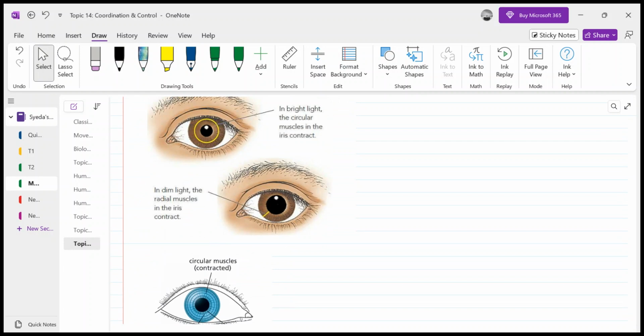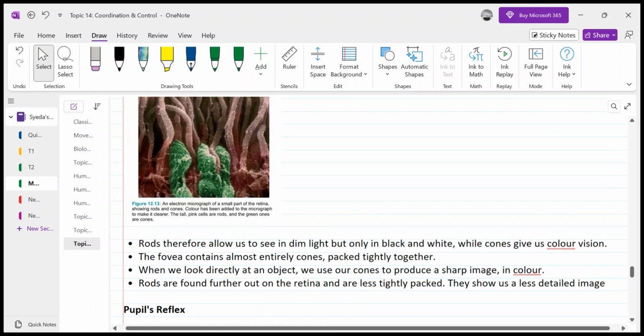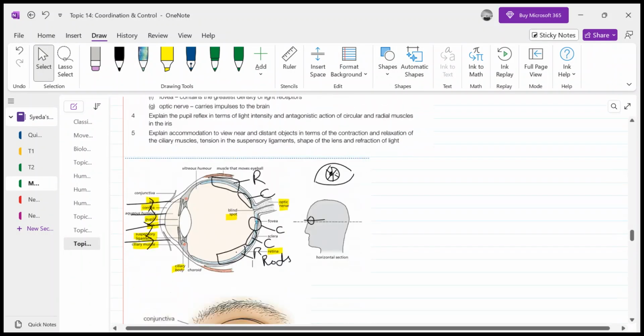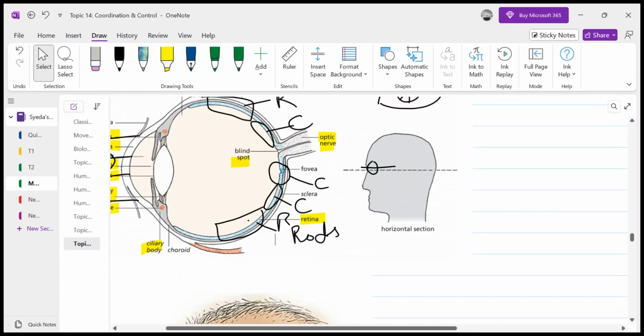retina is detached. Now this tissue, the retina, which is present at the back of your eye, when it is detached, or your rod or cone cells malfunction, or there are some genetic disorders. For example, some people who have night blindness are not able to see at night. What happens to them? Their rod cells are malfunctioning, that's why they are not able to see. So losing eyesight has many reasons behind it.